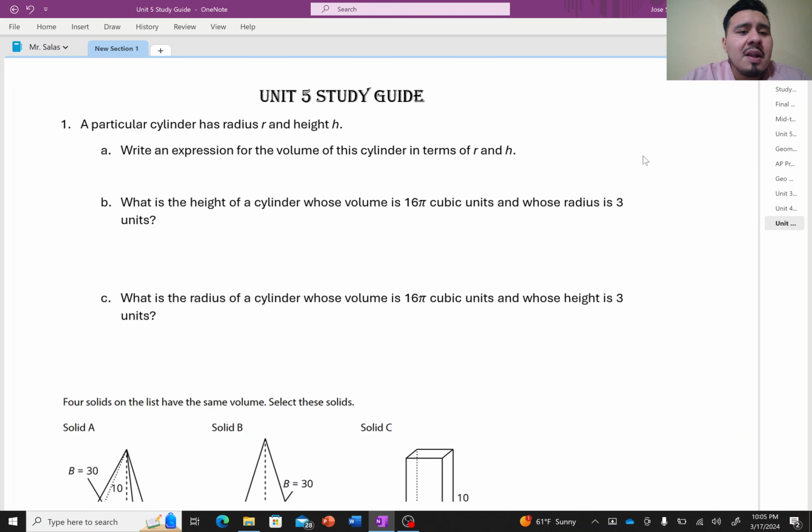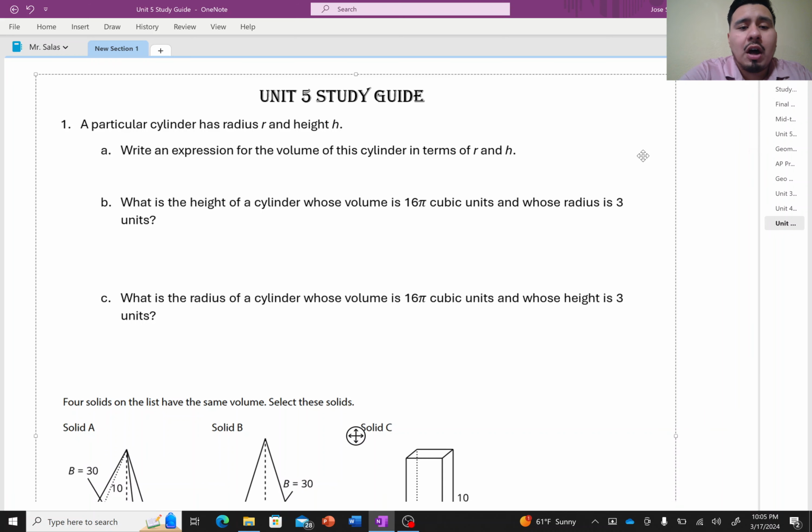Number one says, a particular cylinder has a radius r and height h. Write an expression for the volume of this cylinder in terms of r and h. Well, this is just telling you that we have any cylinder. In this case, let's say this is our cylinder. If I wanted to calculate the volume using the radius and height, what would it be? What would be the volume formula for this cylinder? So our volume formula is V is equal to